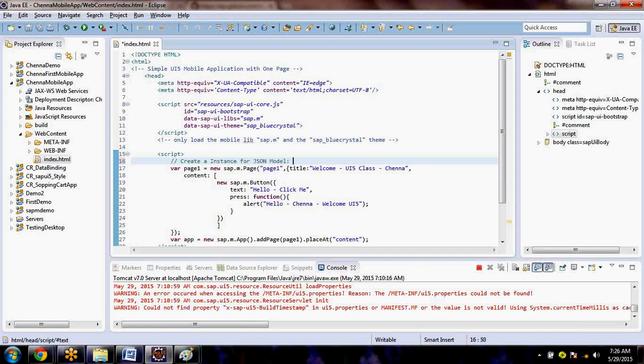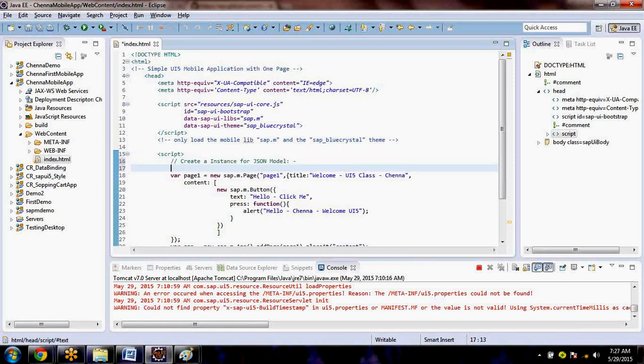See, you are hearing these words for the first time, that's why it may be confusing, but going forward we will use them very frequently. Like yesterday, when I was telling about the page, it was new. But today when I say I would like to add something to the page, immediately people say content. Because yesterday you learned that. Once you learn that, it's not going to be new for you. So only the first time it will be new. Fine. Create an instance of JSON model. How do I create it? Where?